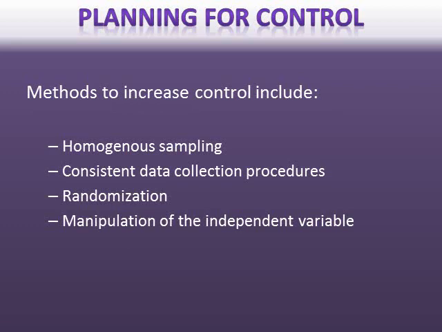So there are a few different ways that a researcher could actually improve control in the study. One is by ensuring that the population they're looking at is homogeneous, in the sense that they have similar impacts from, say, extraneous variables that may influence the connection between an independent variable and a dependent variable, such that, say, if your treatment group and your control group have different amounts of influence from extraneous variables, then it might